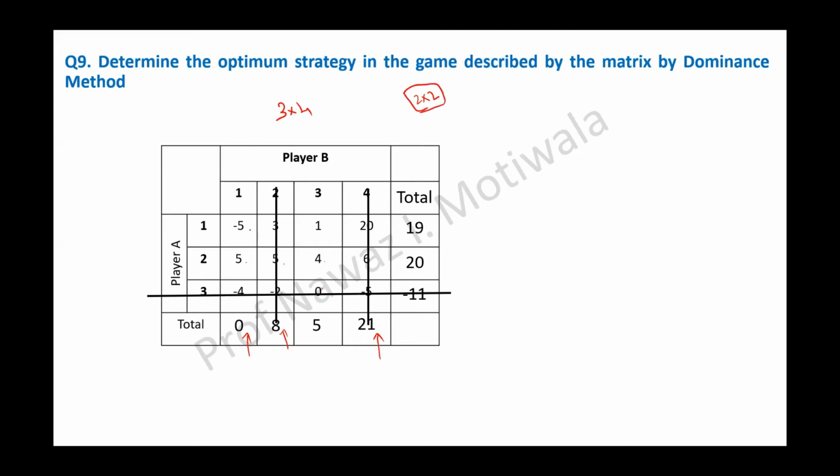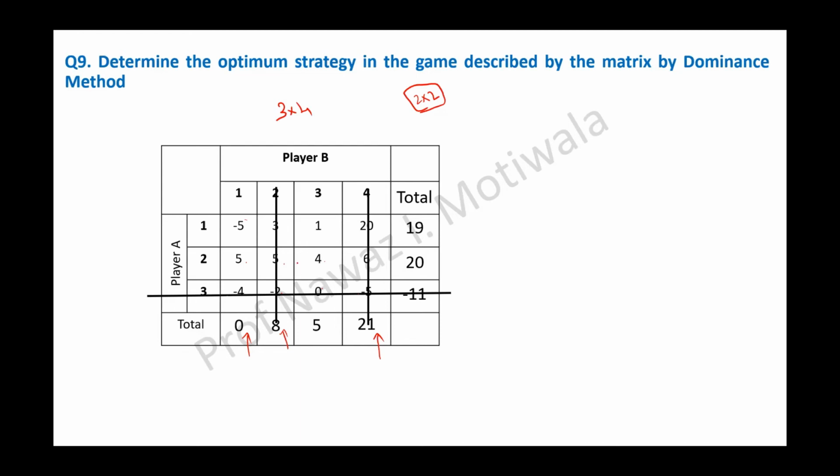So here you observe that we have a game of minus 5, 1 and 5, 4. After this, this is the minimum requirement. Now, can you tell me, can we apply further dominance, either on the row side or column side? On the row side, yes. Just see this. If I compare row 1 and row 2, minus 5 is less than 5, 1 is less than 4. That means I can say all the values of row 1 are less than all the values of row 2.